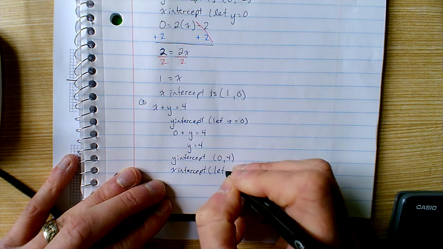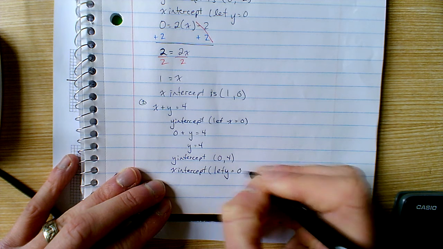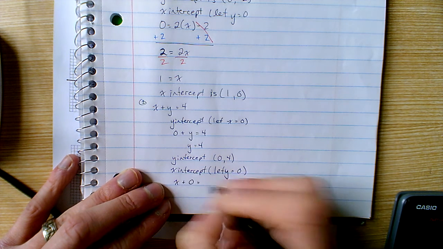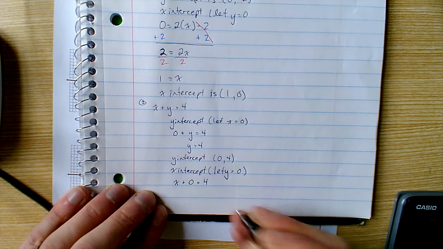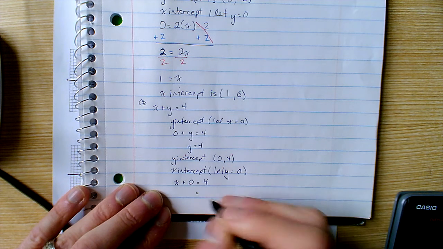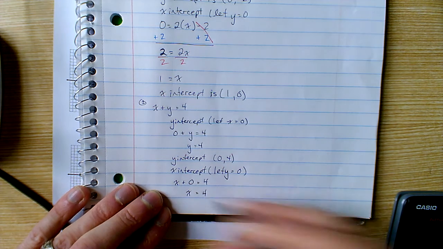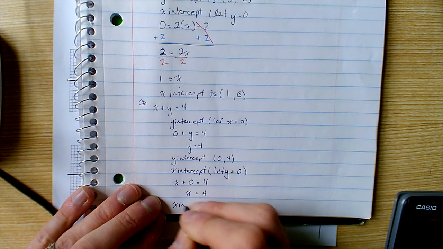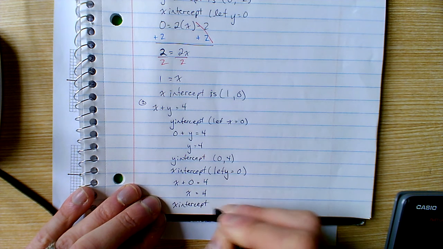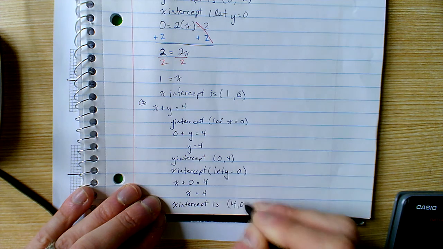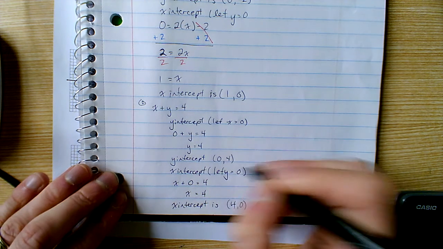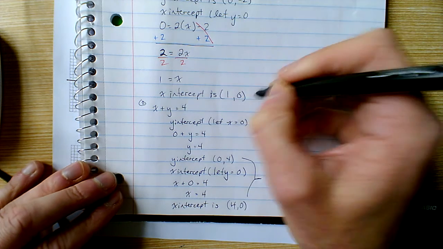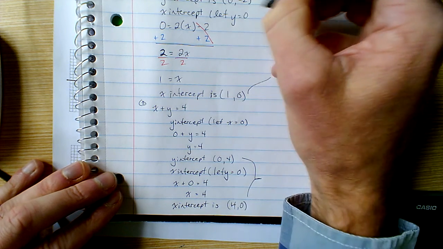And so we'll let y equals 0. So then we'll go x plus 0 equals 4. And what's x plus 0? It's pretty easy. It is going to be x equals 4. So our x-intercept would then be (4, 0). So here's your x and y intercepts for line number 2, and here's your x and y